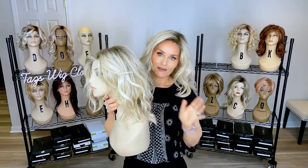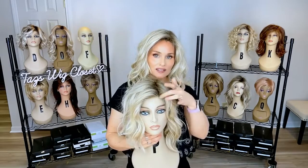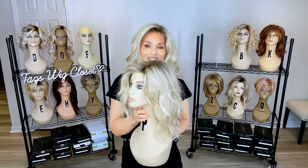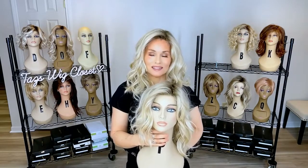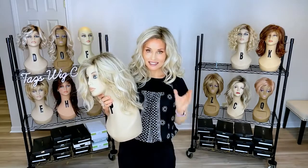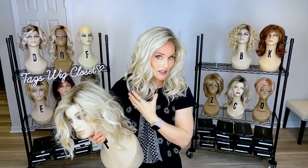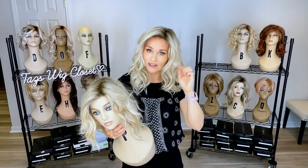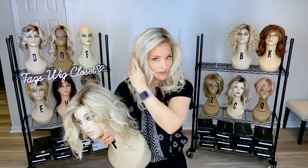And I rather love my Dalgona, that's for sure. They both feature a lace front, left monofilament side part. But the main difference here is going to be this layering. With the Caliente 16, you've got a lot of heaviness right at the front. Now this one has a 7-inch fringe that helps manage it around the face beautifully,